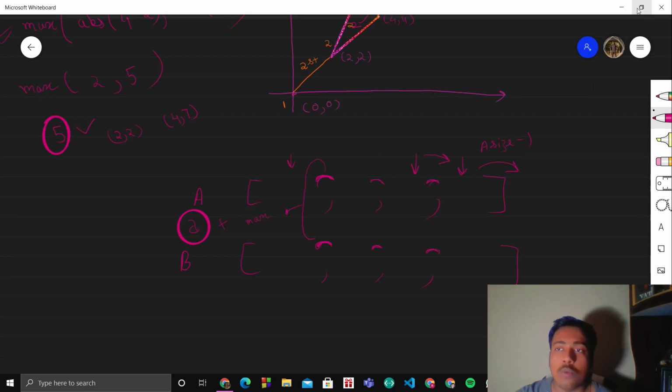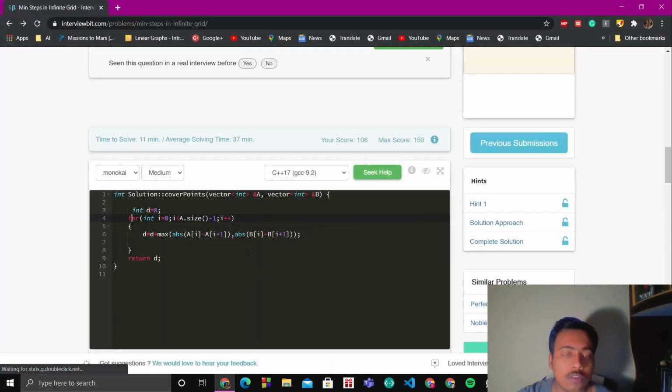I hope all of you were clear with the solution of this question. It was actually a fairly easy question, and there are other ways to do it too, but this was the method that I like the most. You always have the option of writing 2 or 3 while loops and going in all these 4 directions, then comparing. But this is the minimal approach, or the best approach, that I came up with.